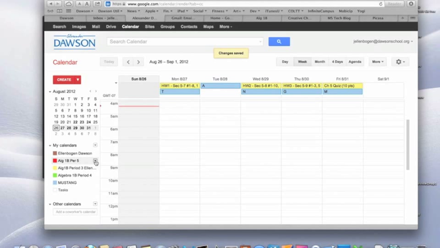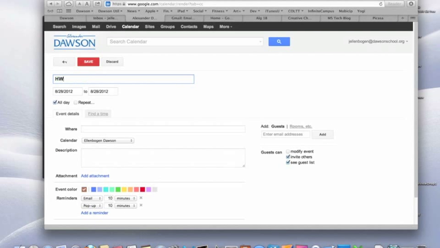So now that calendar is created, I'm going to create an assignment within the calendar. So maybe for Tuesday, and again, we're going to do date due for our assignments, I'm going to give a homework assignment that's due on the 28th. So I'm going to double click here and type homework 3, page 256 through 258, and make up some problems for the students to do. I need to make sure I choose the correct calendar. So in this case, that would be Algebra 1B period 5. And that's it. I can just click Save.